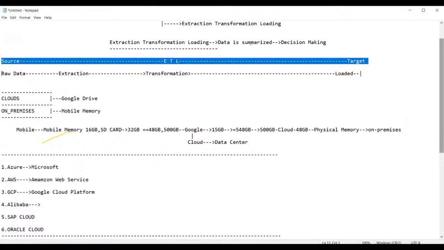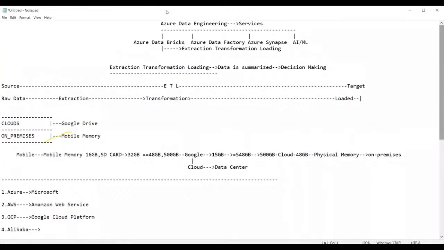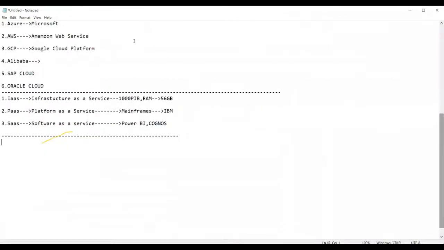But my question is, what is exactly the use of ADB, that is called Azure Databricks? What does it do? We have to understand this. So now guys, let us come back here. When it comes to Azure Databricks, the Azure Databricks is a service of Microsoft,